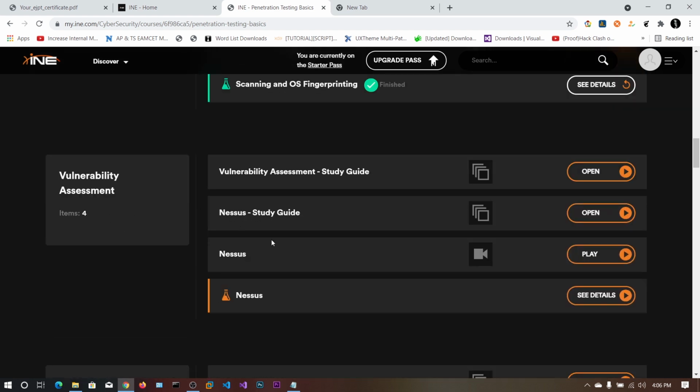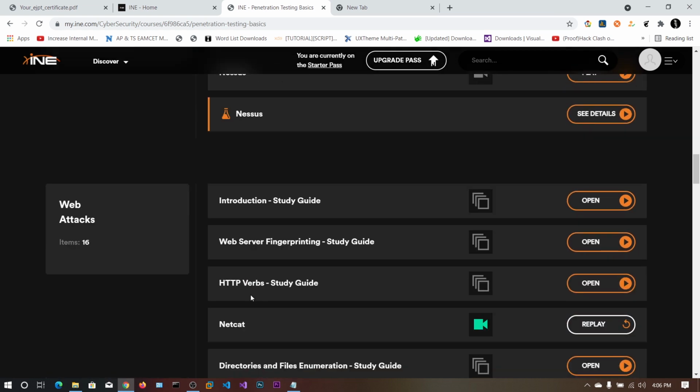So vulnerability assessment, this is the Nessus automated scanner. You can skip this Nessus. Even though you can scan the web server with Nessus, the installation of Nessus is very painful, and the free edition only works for like 7 days, I don't know. So it's better you skip this one, but you can just learn this and do the lab, but in the exam there will be no need for Nessus.